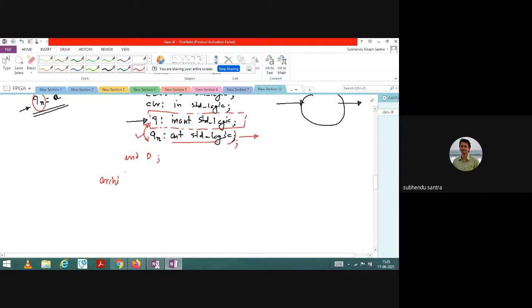But in this particular D flip flop, what is that relationship? Nothing, because ultimately Q equals D. Sorry, there is no direct relationship between this Q and Qn. However, there is an indirect one, but whenever there is no direct relationship, you should not use two architectures. You can solve the same program within one architecture, so I will do it with only one.